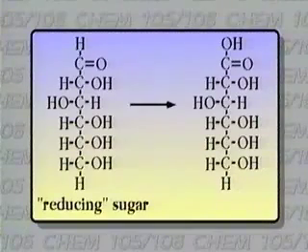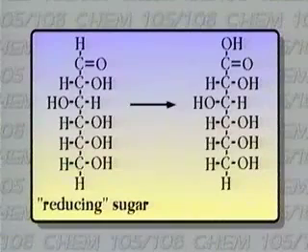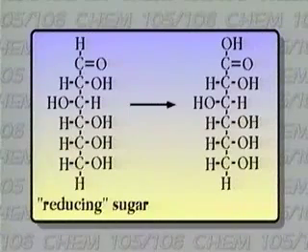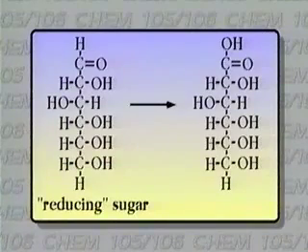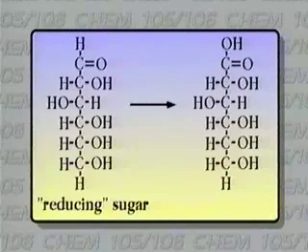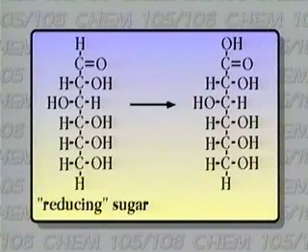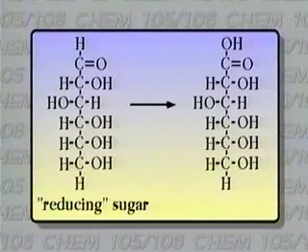When it causes something to be reduced, it itself must be oxidized, and we see what happens up here is this aldehyde group becomes oxidized. Notice that we've added an oxygen on here to now the organic acid. That's a carboxylic acid group. So it has been changed then from an aldehyde to an organic acid by causing something else to be reduced